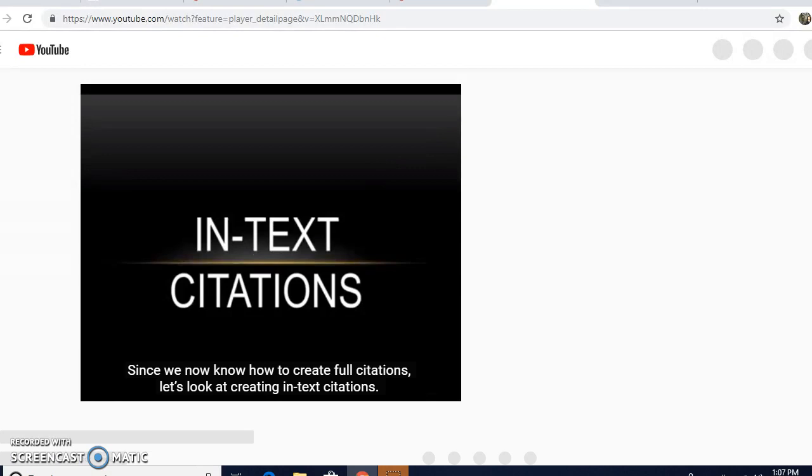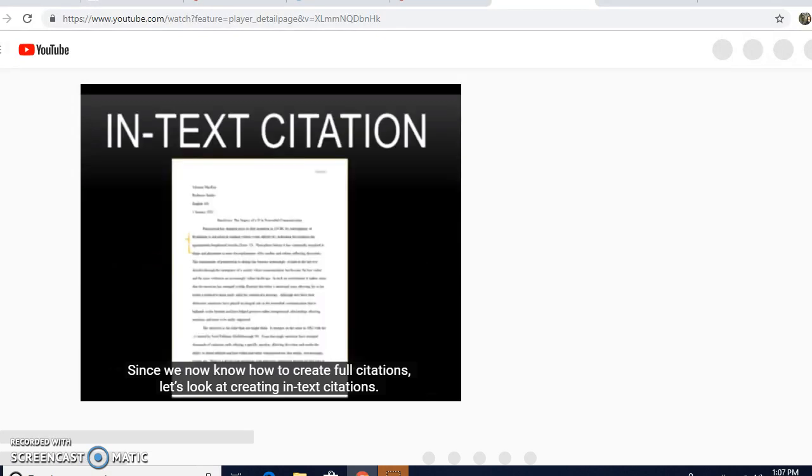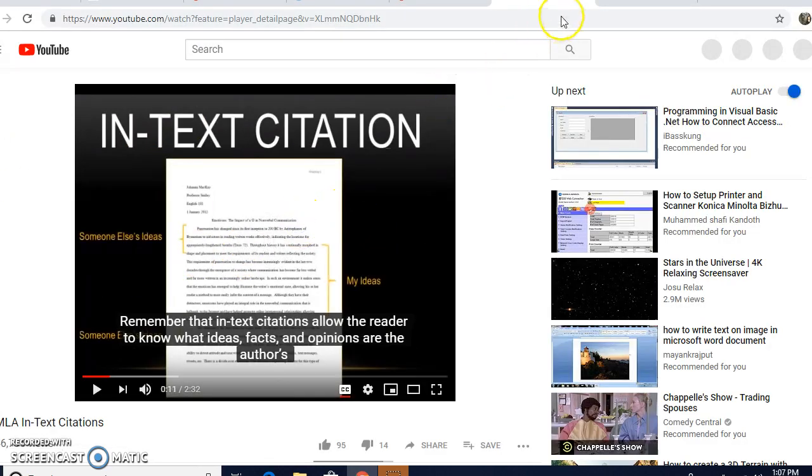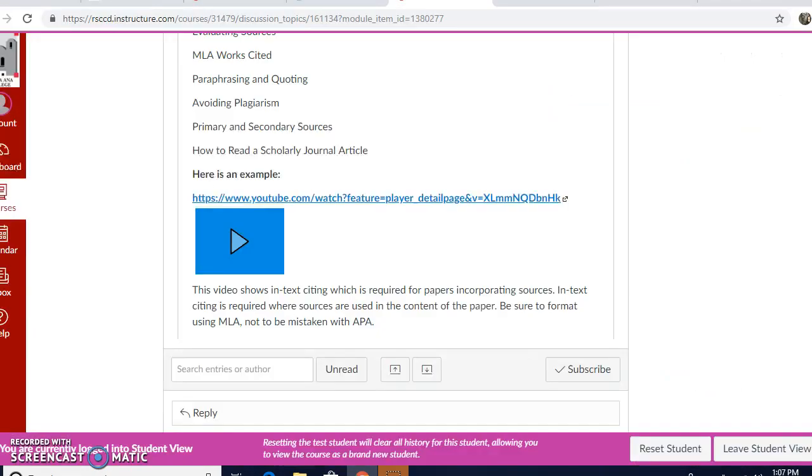Since we now know how to create full citations, let's look at creating in-text citations. So this one talks about in-text citations, which is actually very helpful. Allow the reader to know what ideas, facts, and